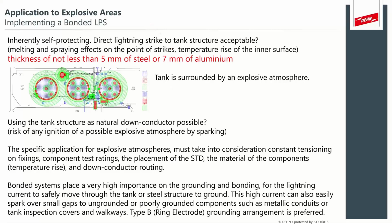What if your tank is surrounded by an explosive atmosphere? Do you still consider inherently protection for the tank? The strike termination point now is within this explosive area. So if there's just a slight spray or a slight spark, is that something that you would accept? So what about using the tank structure as a natural down conductor? Yes, it might comply with the thickness requirement, but then, is there still a risk of any ignition of possible explosive atmospheres? What if I have metal conduits